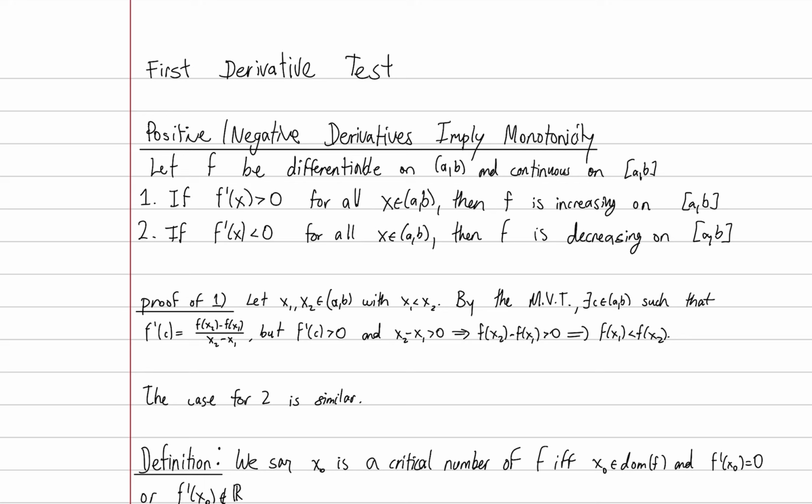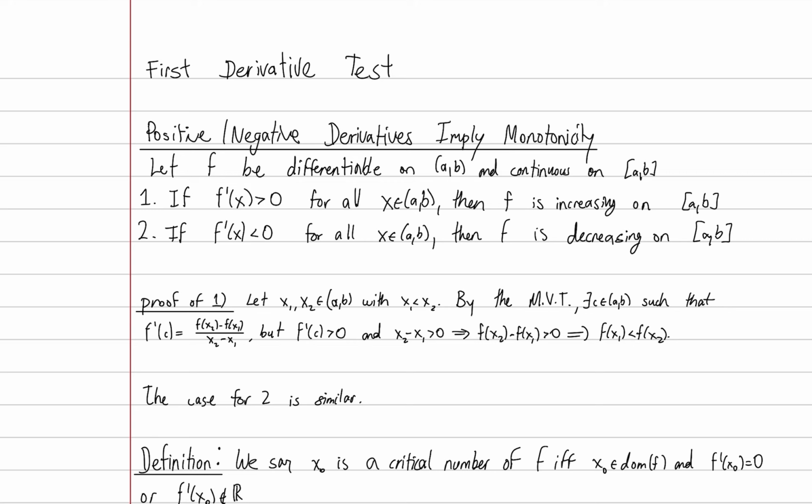So, first, positive slash negative derivatives imply monotonicity. Now, at a point, if the first derivative is positive, that does not mean necessarily that the function is increasing. It just means that it has, quote unquote, an upward trend, right? Which we've talked about before, but in this case, the sign of the derivative does imply some sort of monotonicity. More specifically, if f is differentiable on the open interval a comma b